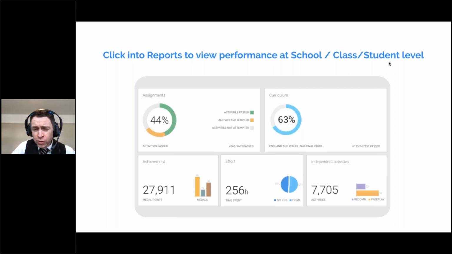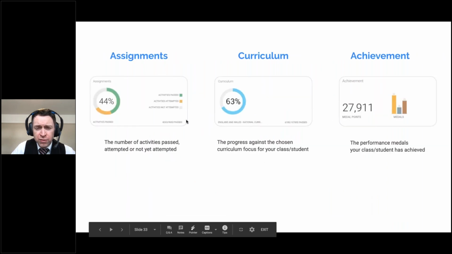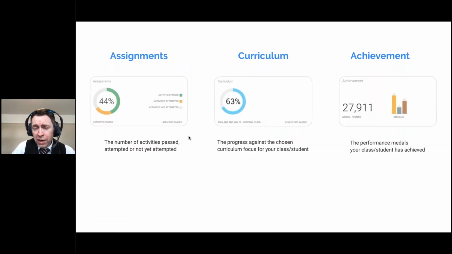Now, at these 3 levels, you can view 5 types of report. So effectively, we actually have 3 times 5 or 15 different report types. You should not feel under any obligation to become an expert at all of these. Most teachers only use 1 or 2 of those 15 report types to give them the information that they are interested in. So certainly explore the site, explore the reports, but use the ones that you find are useful for you. Now, I'll briefly mention these 5 report types, and then I'll look at one of them in a bit more detail.